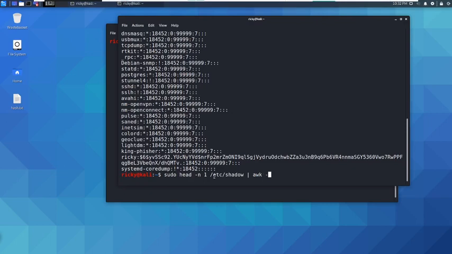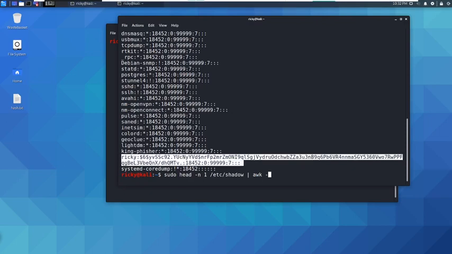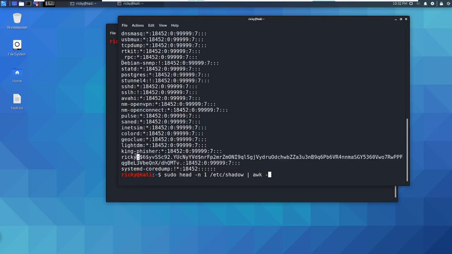Once we get it, you see that this hash is the whole thing combined. The only thing separating these fields is the colon. So I'm separating using capital -F with this symbol, and choosing the second column, because the second column is our hash. So I am doing print of the second column. We explained this in our previous video on basic Linux commands.